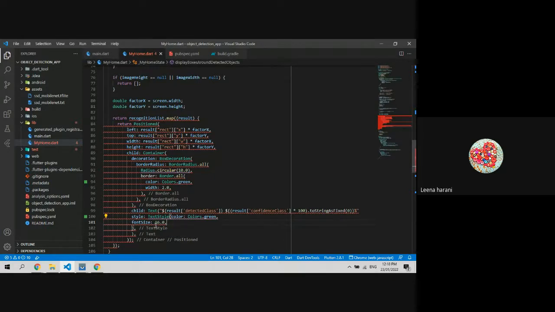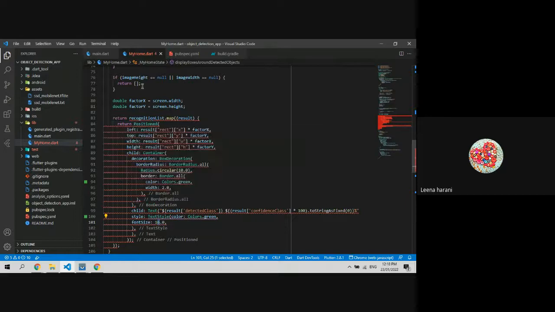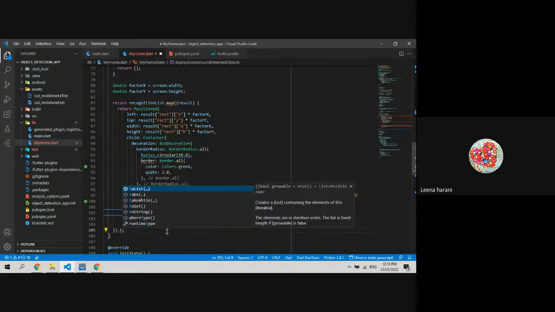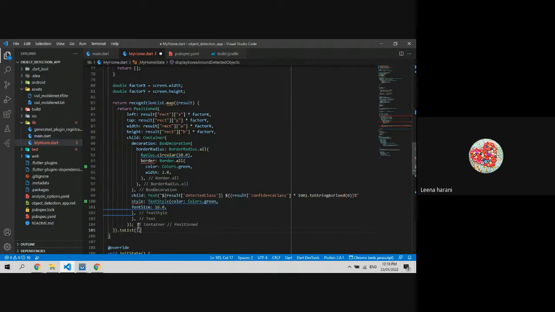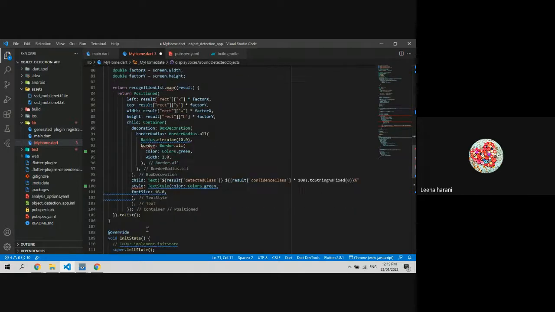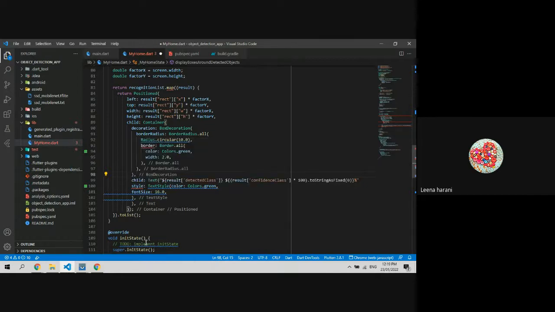Now the error is showing because we have to convert this map into a list. So after this map, we are going to say dot to list, since it will take the list of a widget. So we need to convert this. We have missed a comma,